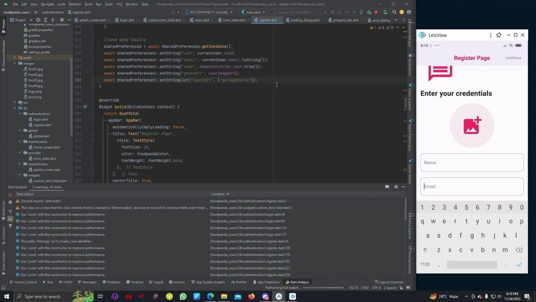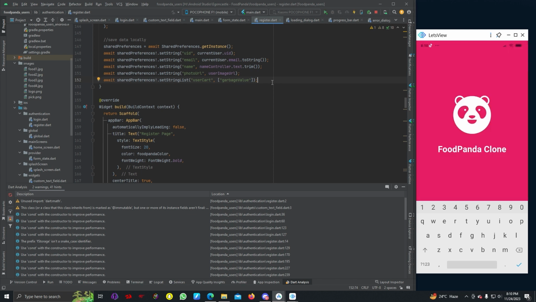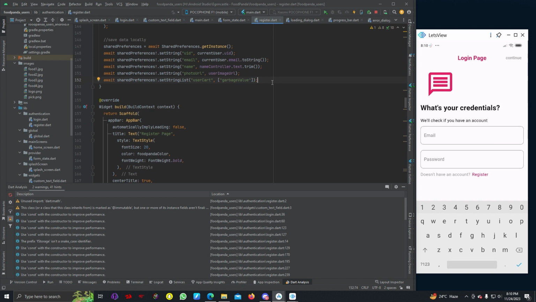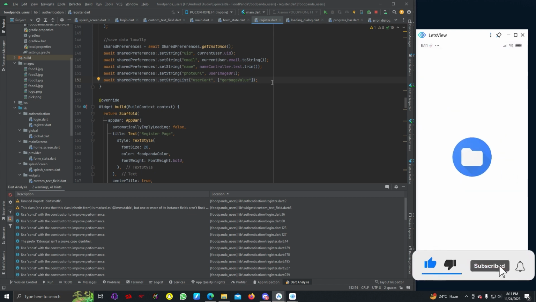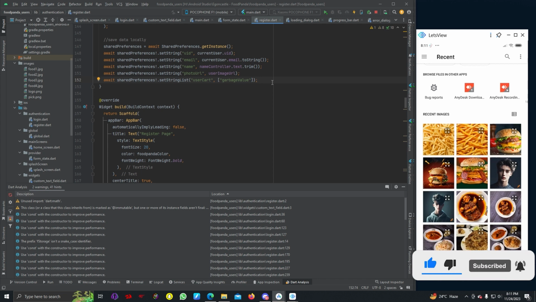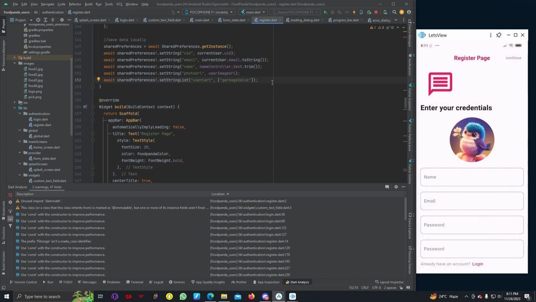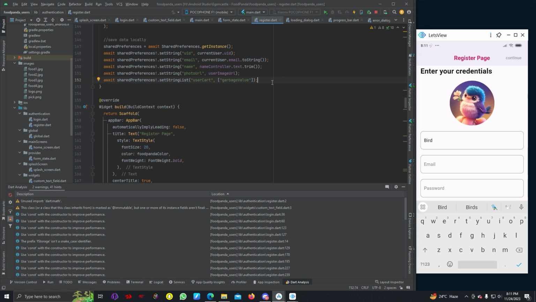Okay, we need to change this to list. Now let's run our app again, and go to register. We can add an image and name this bird,